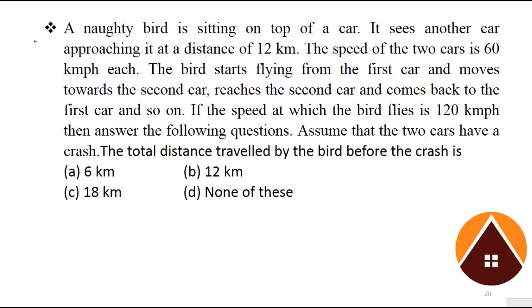Okay, let us take one more question. A naughty bird is sitting on the top of a car. It sees another car approaching it at 12 km per hour. The speed of the two cars is 60 km each. You can see here